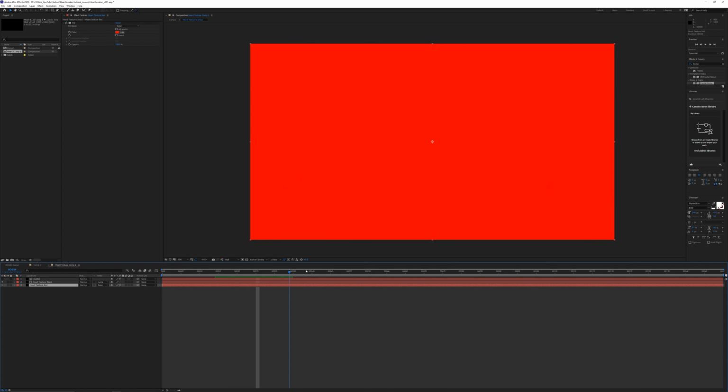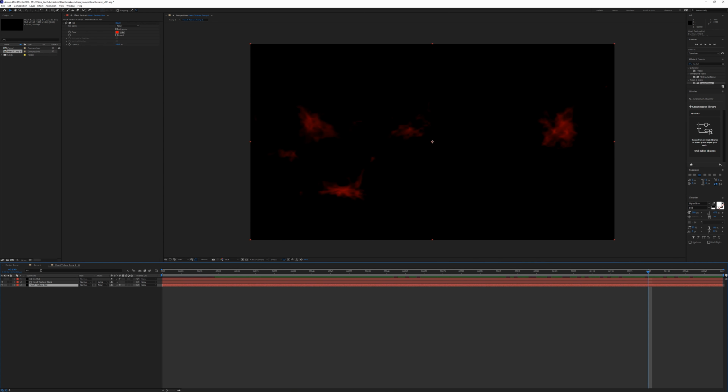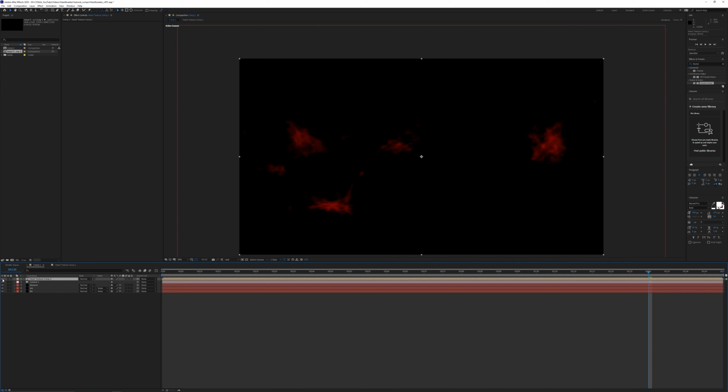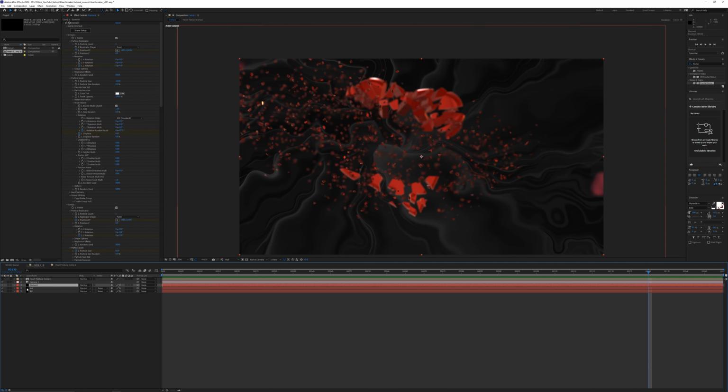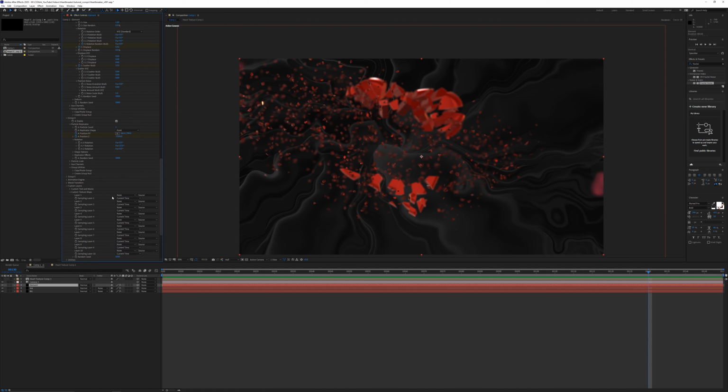Then it's going to kind of fill up like this. All right, so we can go back to our main comp, turn off that effect. Then on the element effect, go down to custom layers, custom texture maps. And then in layer 1, we're going to choose the heart texture comp. And then we're going to change that to effects and masks.